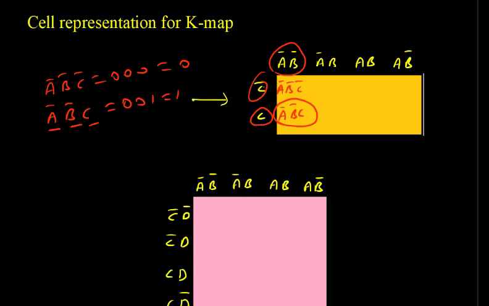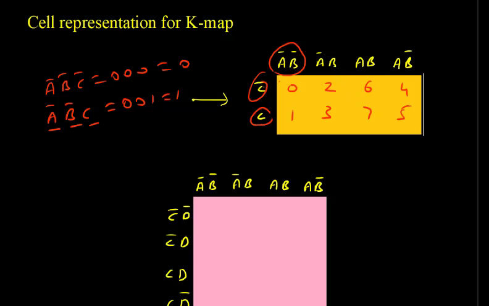We'll do the same thing. If we write these numbers here, this is 0 1, this is 2 3. Then here 4 5 6 and 7. We must remember these cell numbers. This is very easy to remember, and you can also check it. So this is 0 1 2 3 4 5 6 7. This is drawn for SOP.